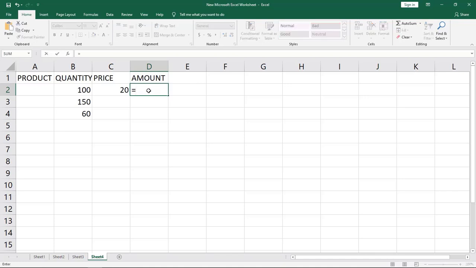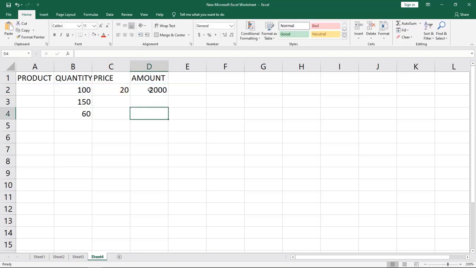First you give the equal to sign, click this, then multiplication sign, then the price column. Now we'll keep this cell unchanged, so I have to give the dollar sign before this, here and here also.